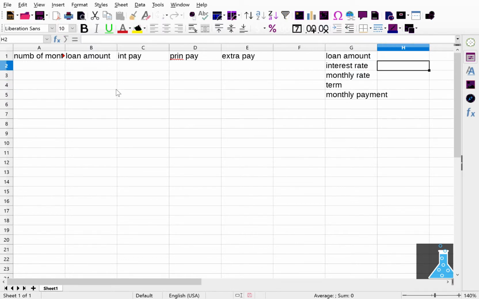Okay, so for this example, I'm going to use a $200,000 mortgage. And I'm going to say the interest rate for this one is 5%. And then we have to calculate the monthly rate. Percentages are always in terms of some number over 100, so we're going to take our H2, divide by 100,